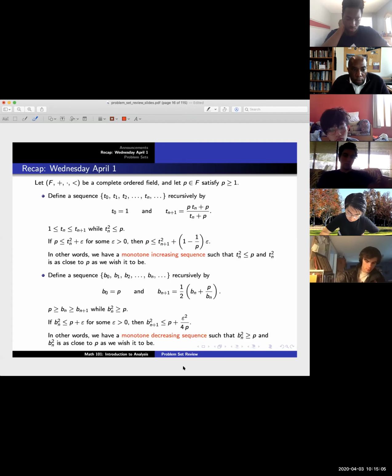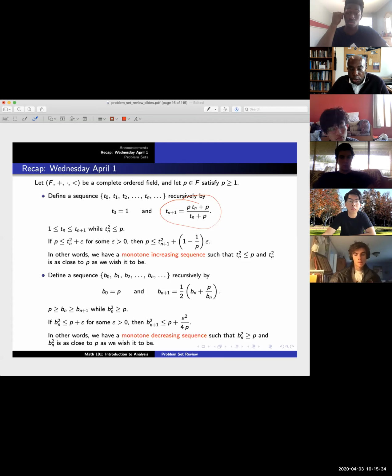So I wanted to put all of this out there for you just to say that there are different ways in which you can take square roots. So you can get as close to the square root as you want. I mostly am going to use the very first one here for an example that I want to go over today, because I want to use this concept of if tn squared is close to p, then the next term in the sequence is even closer to p. Okay, so any questions so far, just on the recap here?